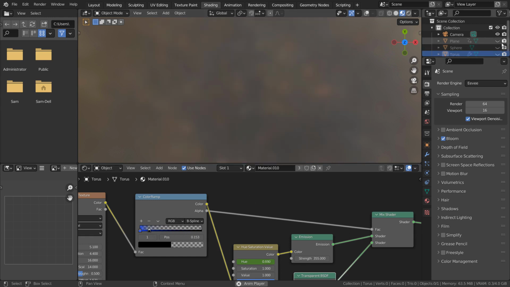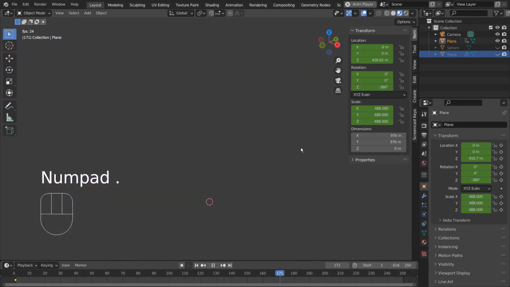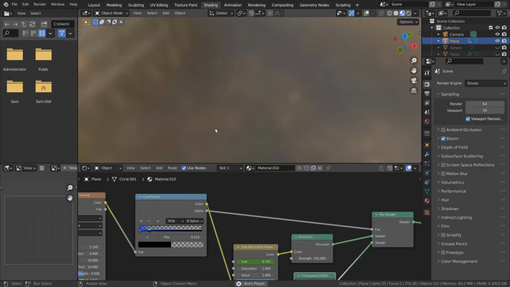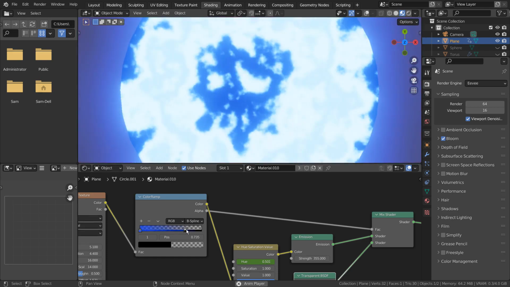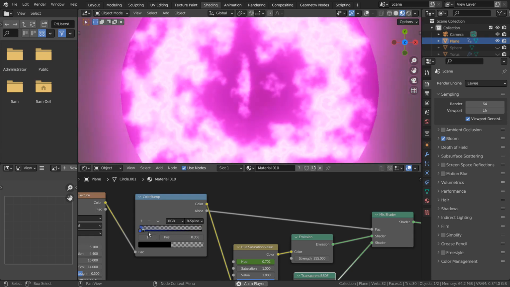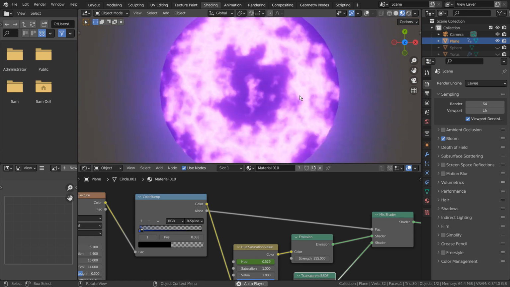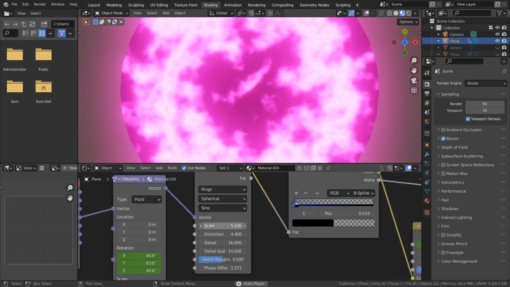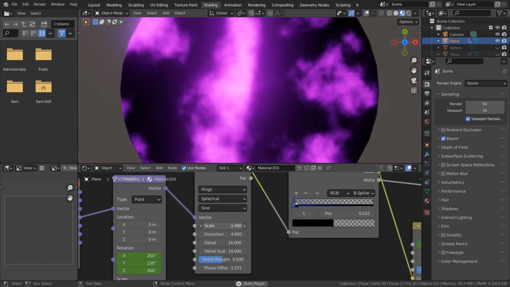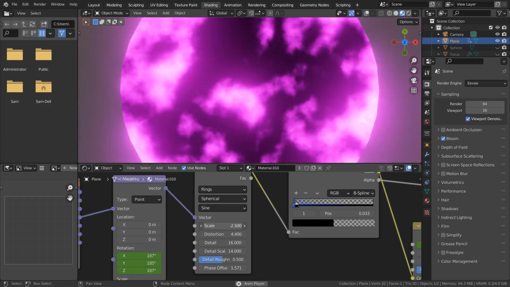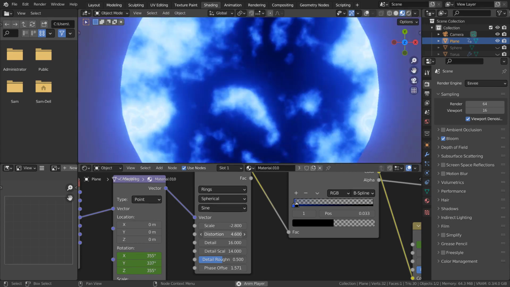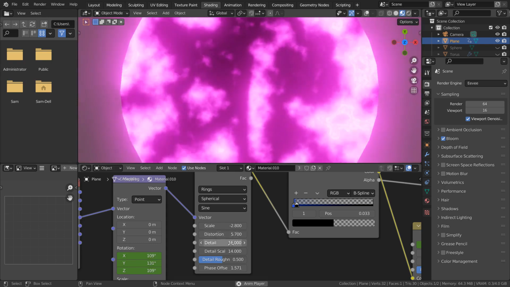There are quite a number of interesting options to explore. This is a very interesting material to explore.